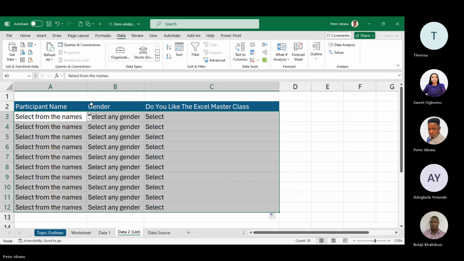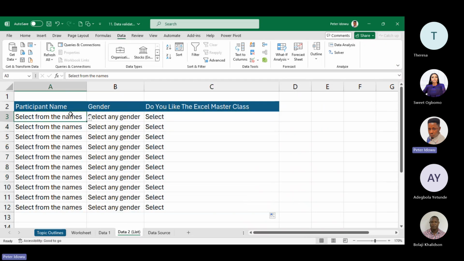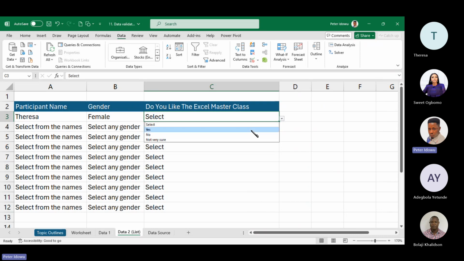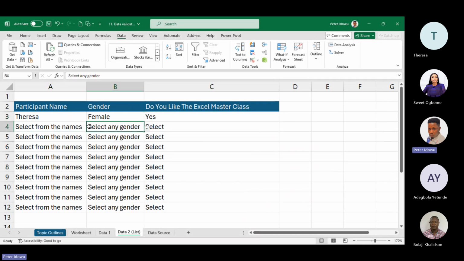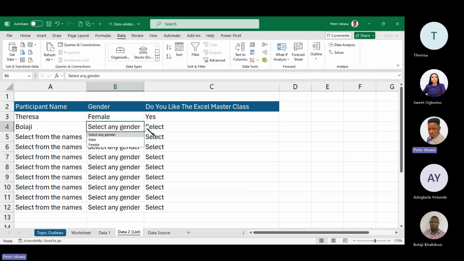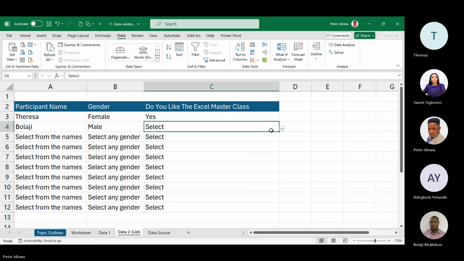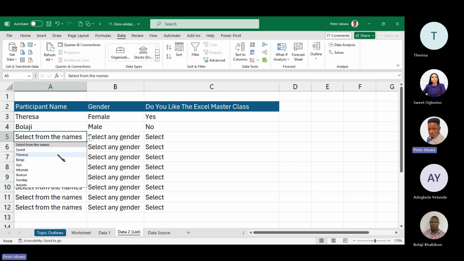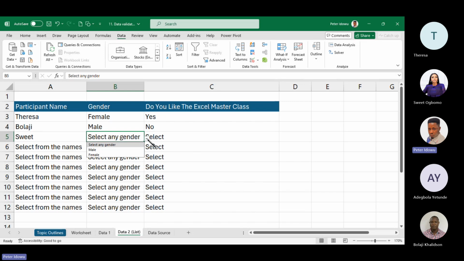Do you get it? So whoever is working on this sheet can then come here. Okay, my name is Sweet. Sorry, my name is Teresa. Female. Then, do you like this exam master class? Yes. Then I come here again. Bolaji. Male. Do you like this master class? No. So this is basically how you use list criteria